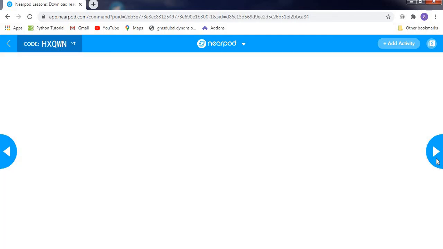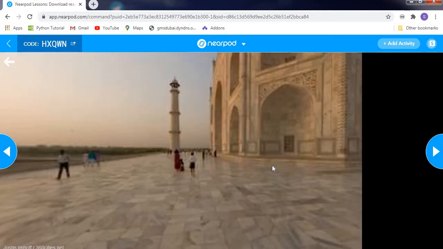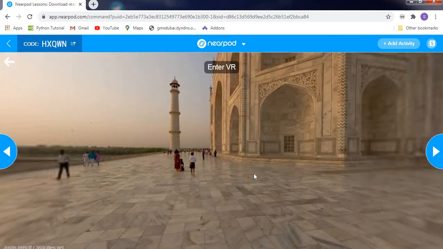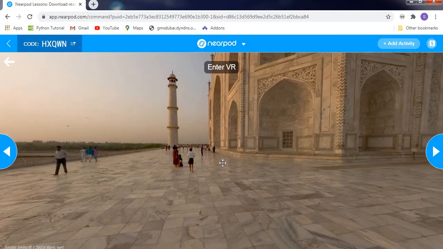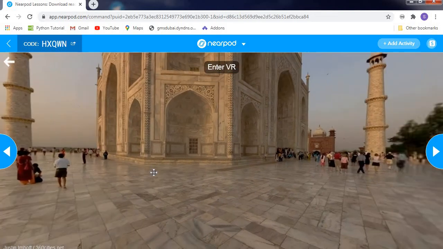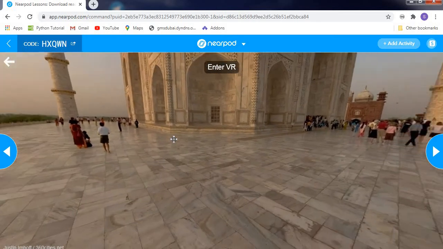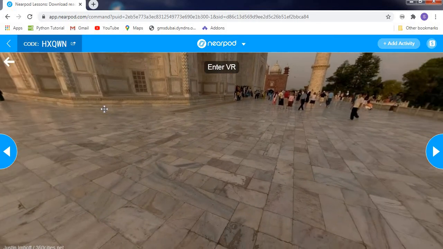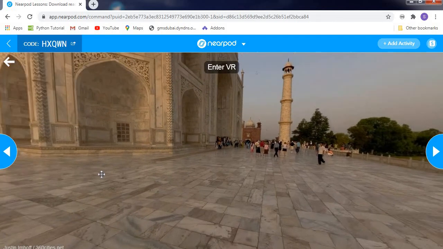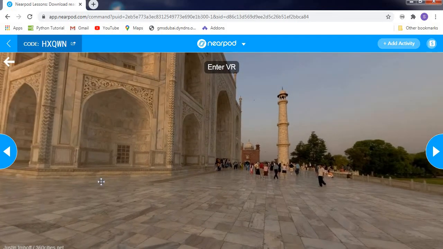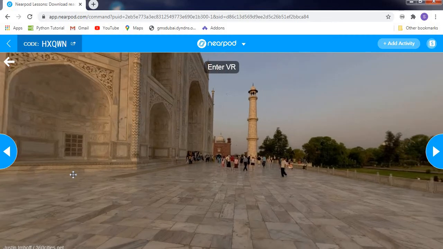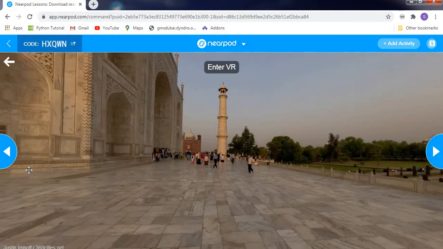Then we selected some videos and other things. So this is the view. That means you are going for a trip, right? On a field trip, you can see the Taj Mahal, just as you would see it in the normal way. The same view will be available for the Taj Mahal. This is the field trip for the students, so the students will also find it interesting to attend the lessons. They will also feel happy while seeing this type of lesson.